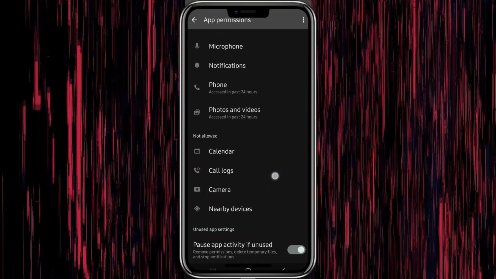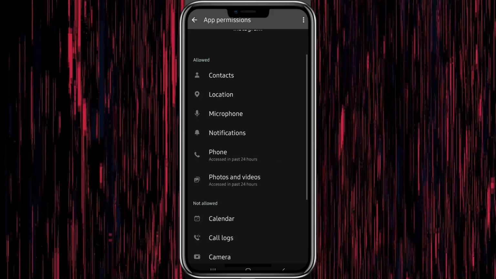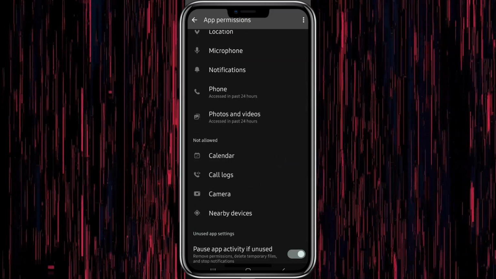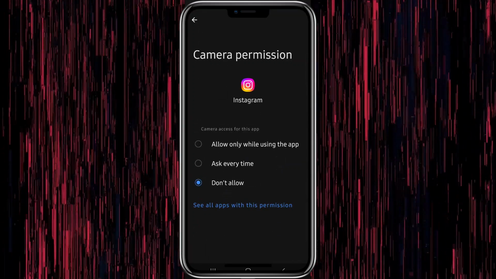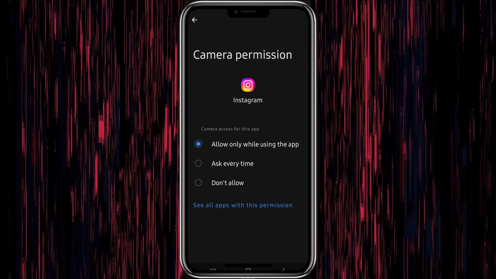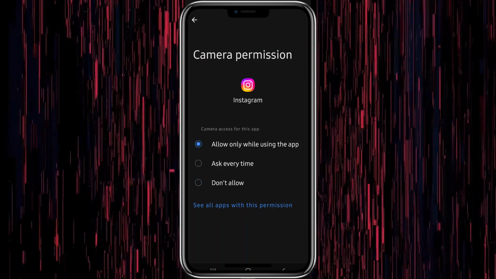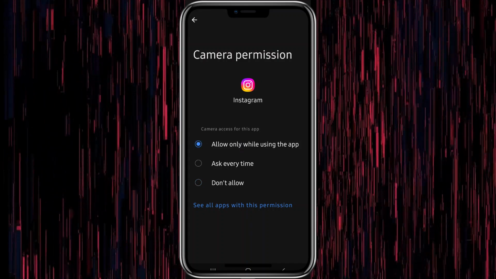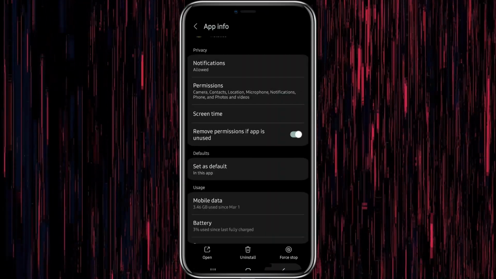So we need to move this camera option to allowed here. So what we need to do, you have to click on camera. After clicking on camera, you have to click on the first option like here, allow only while using the app. After doing so, you have to go back all the way down